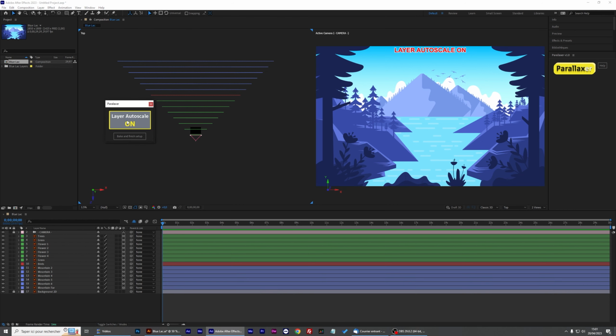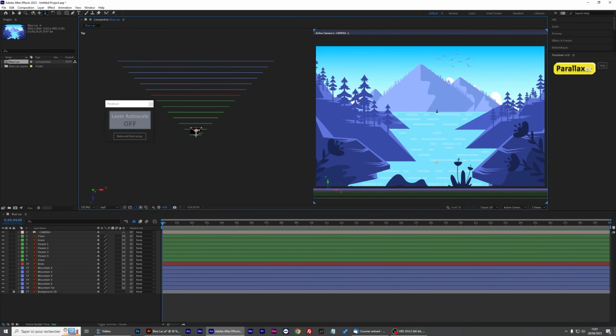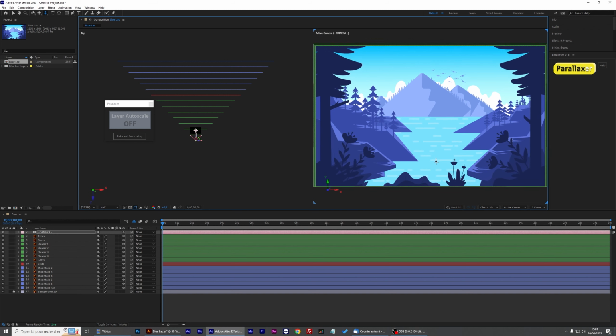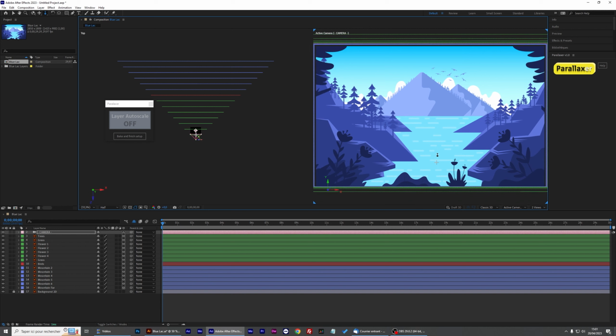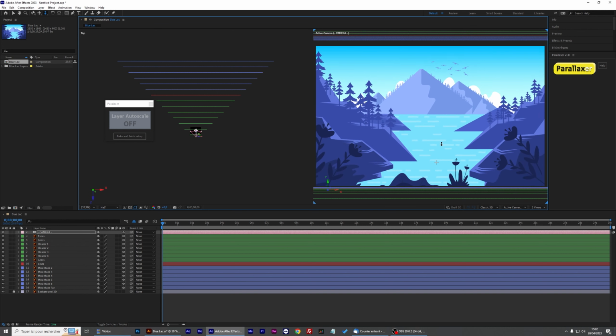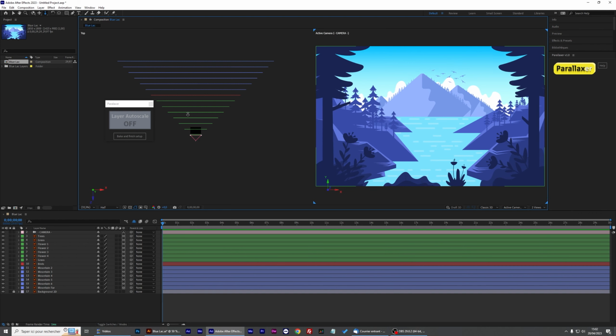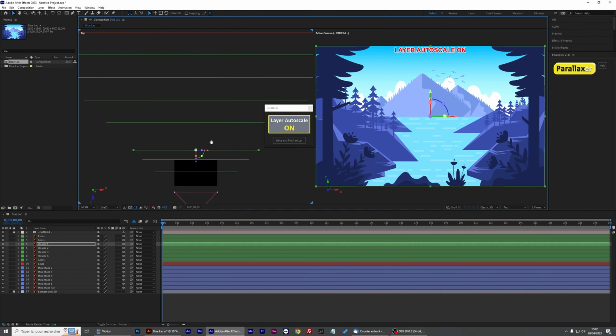We're going to test, and you will see that all the foreground here is dispatched on a distance that is much too big. You can see the trees disappearing immediately just when I move my camera, and the grass is almost not moving, or moving as if it was at the same distance as the mountains. So to correct this, it's very easy. I'm going to take all my foreground layers and put them on a shorter distance with the layer autoscale.